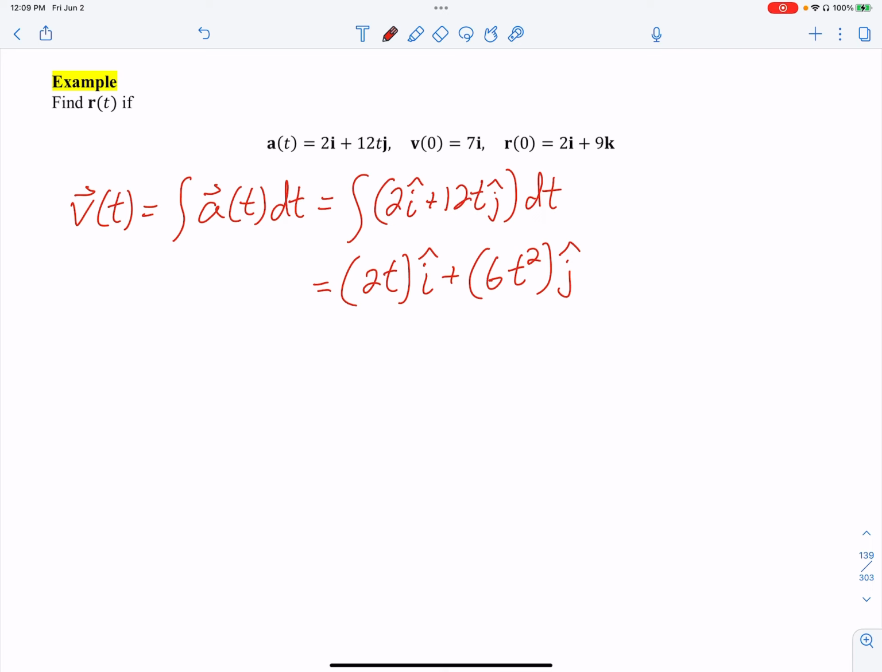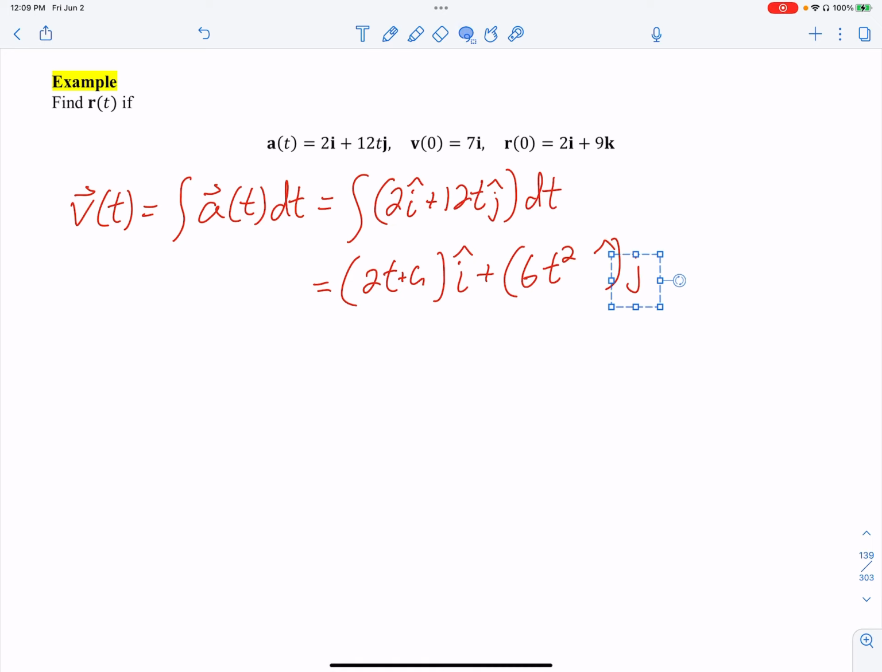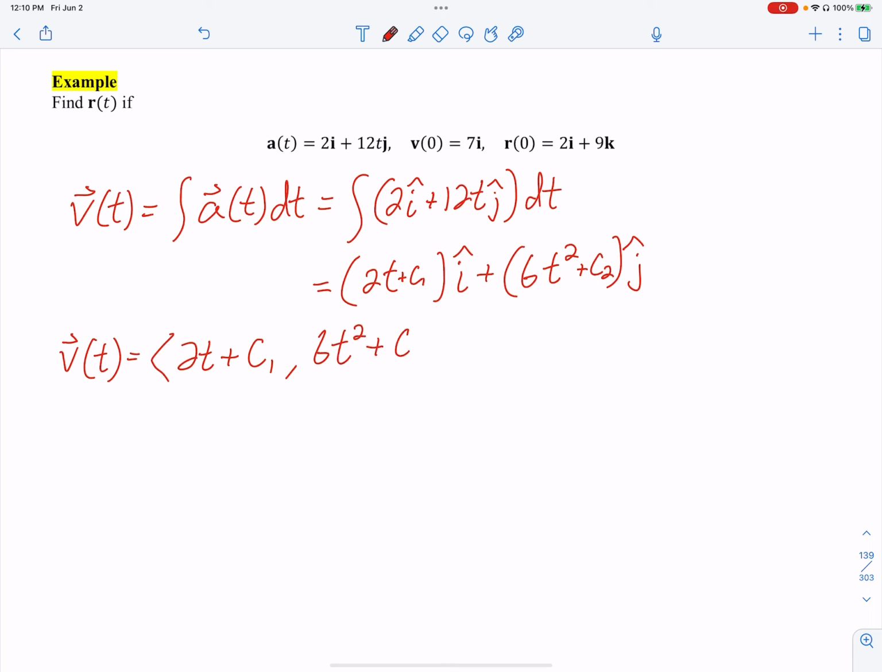Oh, we should have added this in, forgive me. We should put plus c1 and then plus c2. Now we have velocity of t equal to 2t plus c1 and 6t squared plus c2. We can actually plug in 0 and use those initial values to help us out. I got c1, c2, and we set that